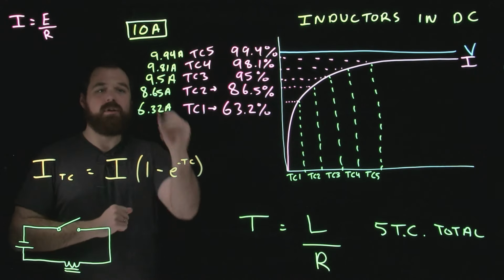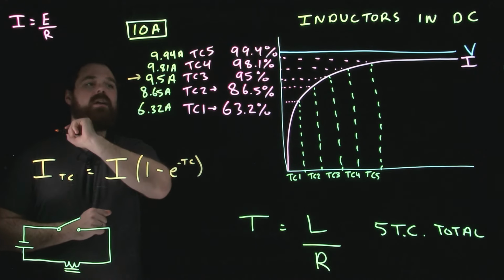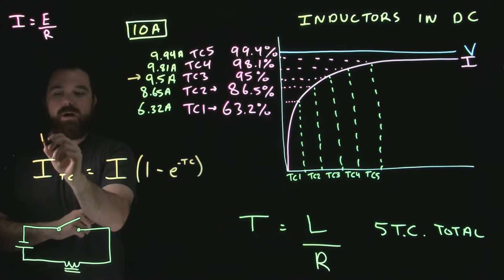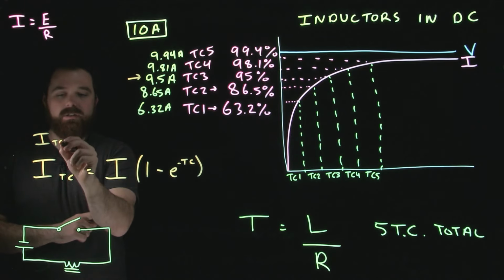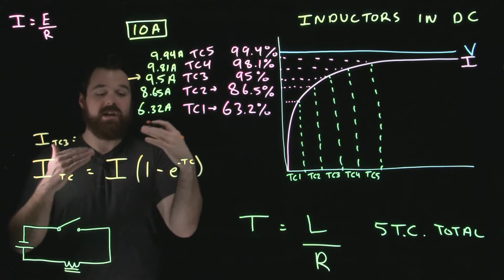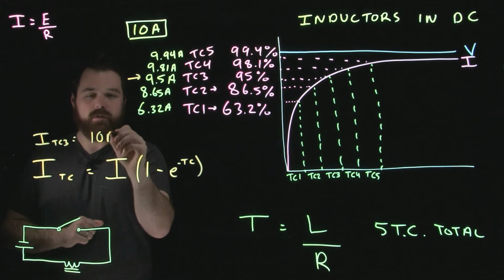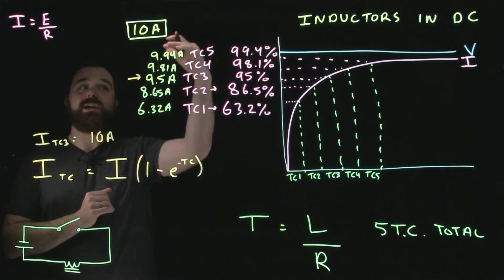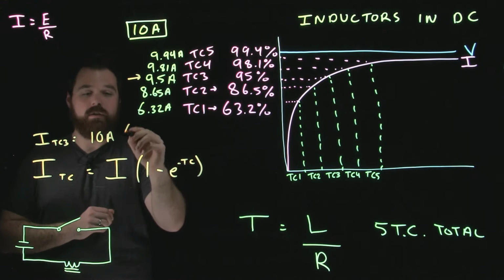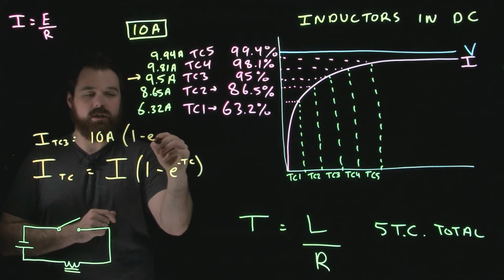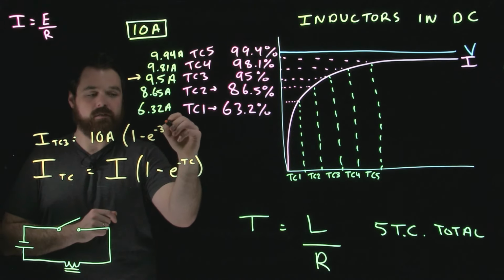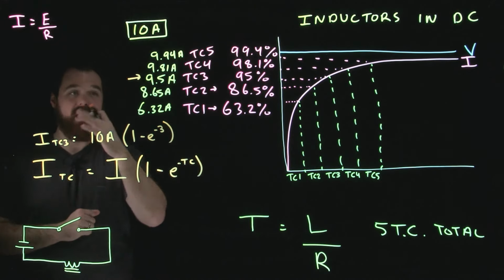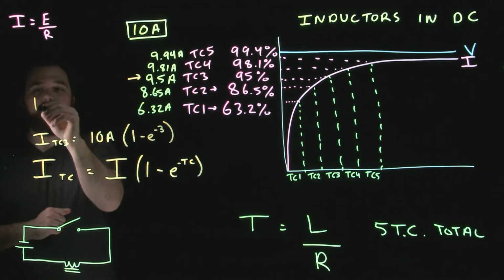So let's say we were looking for this one right here. We could go I of TC3 equals 10 amps, which is our steady state current, times 1 minus e to the negative 3, because we're looking for that third time constant,